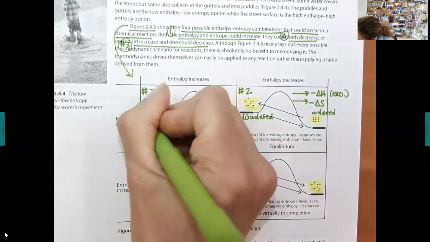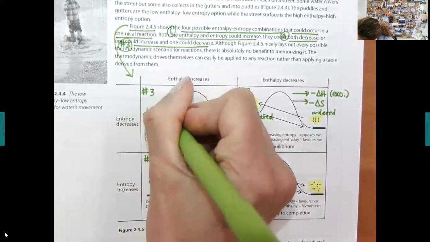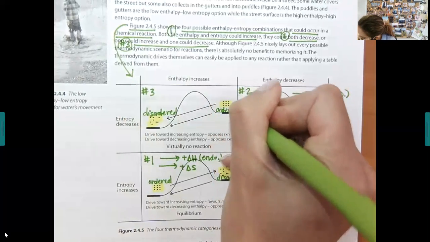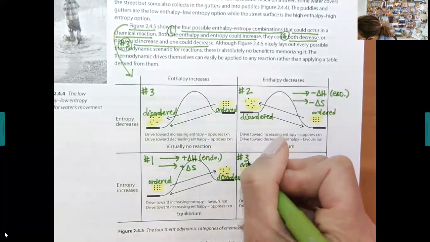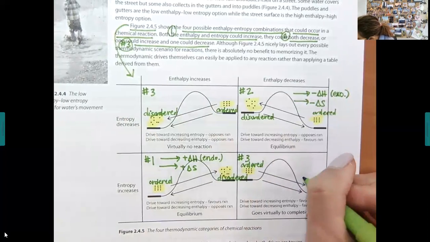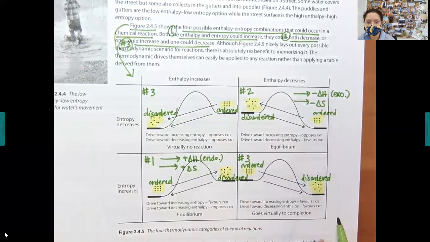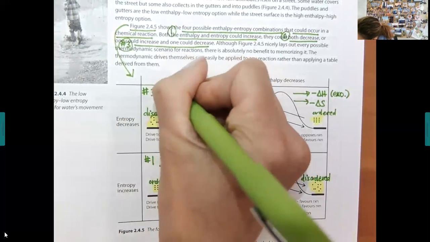All right, so this is disordered. This is ordered, ordered, and disordered. Okay. So as you're going in this direction here,